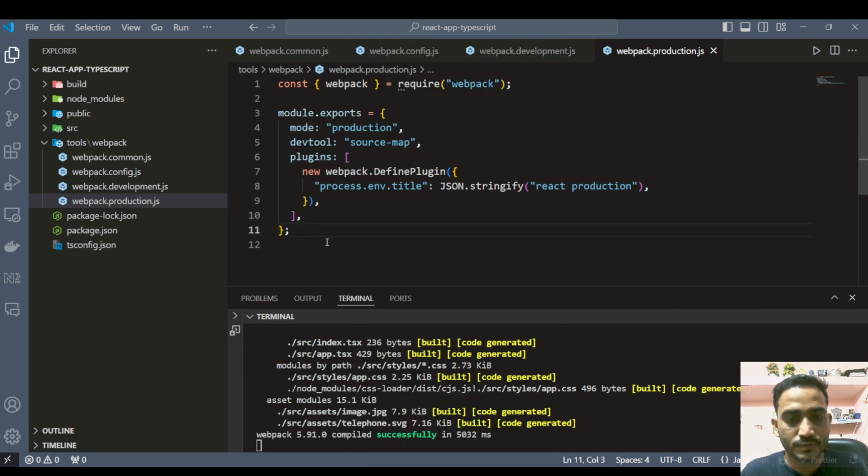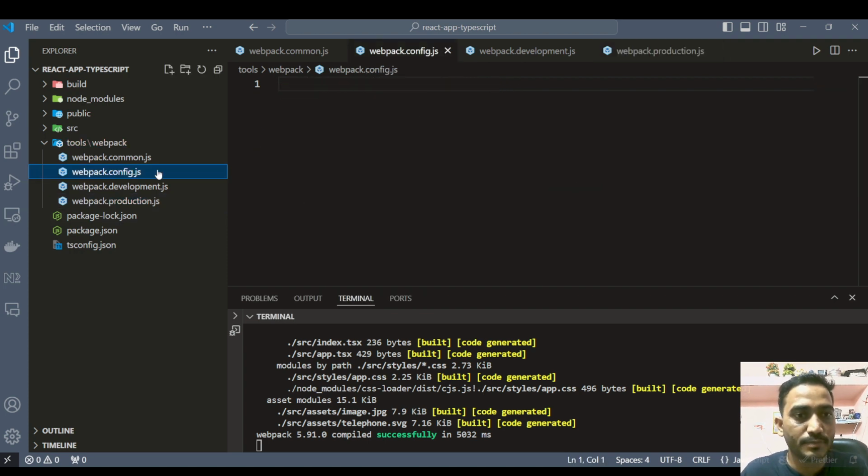Okay, so now I need to remove this. Now I am writing the common configuration. Okay, so I am writing the Webpack configuration. This is the file which is actually the first file which will be executed from the package.json. So I am writing here the common configuration